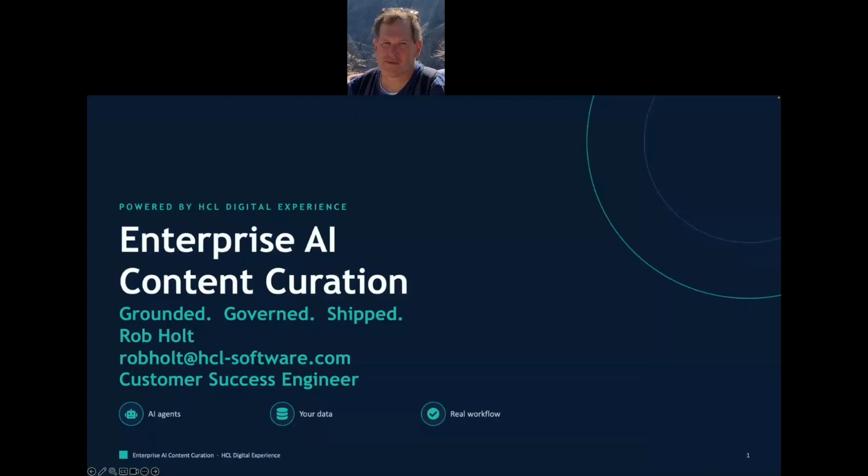So grounded ultimately means that you know where your data is coming from. It's not necessarily some AI pie in the sky data source. Governed means that you have governance, you're viewing it. AI is not in control. It's not going to automatically do anything. And then after those two things are done, you have a verification mechanism, and then you can publish or ship